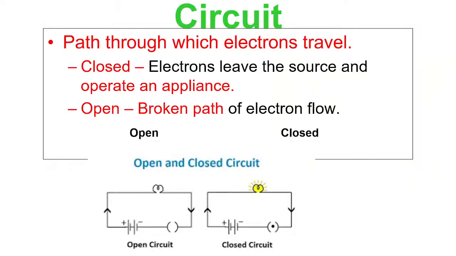As I already told you, what is an electric circuit? The path through which electrons travel is termed as electric circuit. There can be two types of circuit, open circuit and closed circuit. What does an open circuit mean? There is a break in the path of an electron. So if the switch is at the off position, then the electrons do not flow in the circuit and the circuit is termed as open circuit. What is a closed circuit? When the switch is at the on position, the electrons can move through the circuit, and that's a closed circuit.